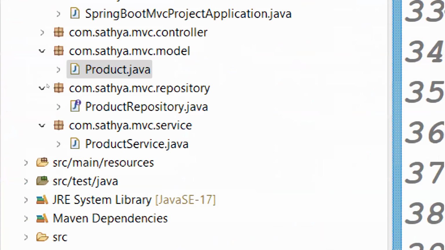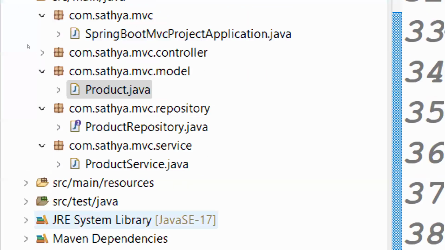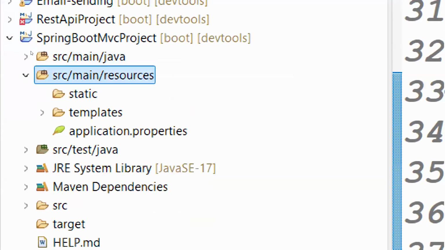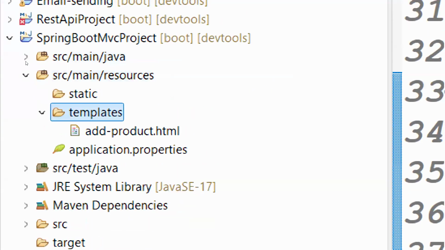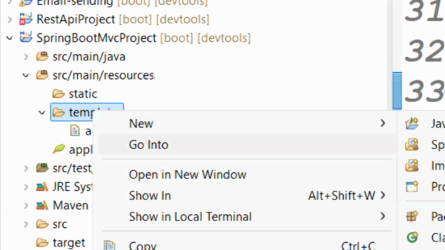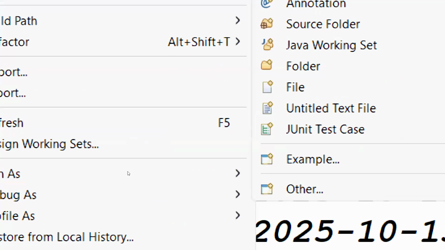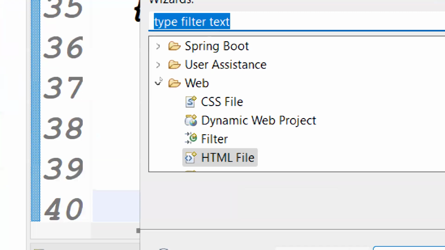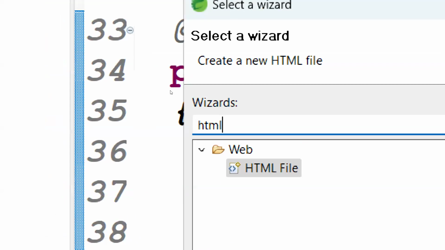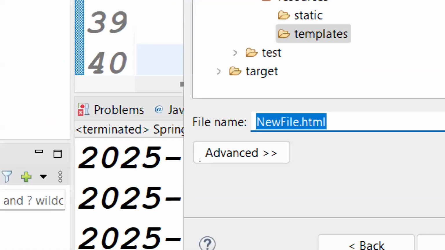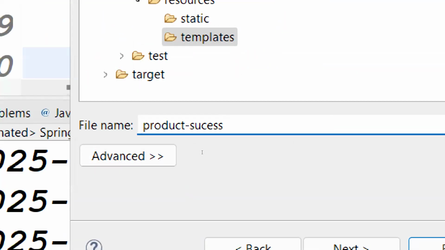In the templates folder. Where is the templates folder? Under src, main, resources, the templates folder. Previously we have to add product HTML. You right-click on what? New. Then go for Others. In Others, you can select HTML. If you select this HTML, you can give the file name product